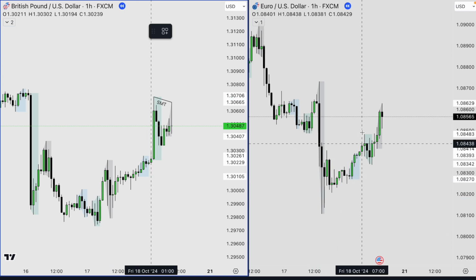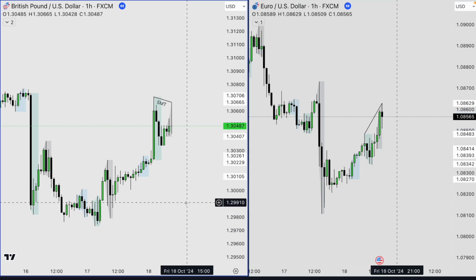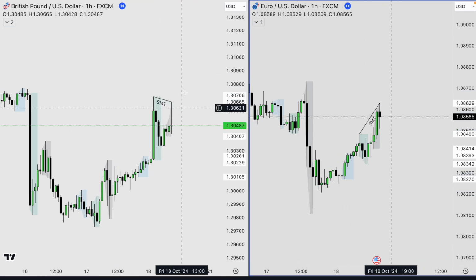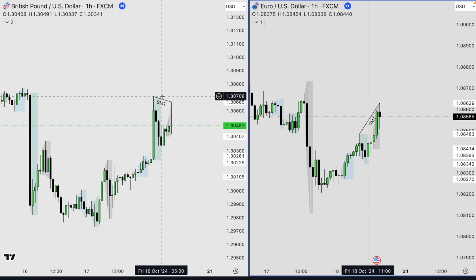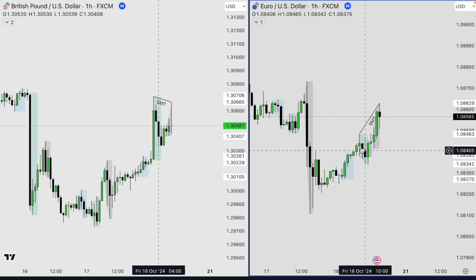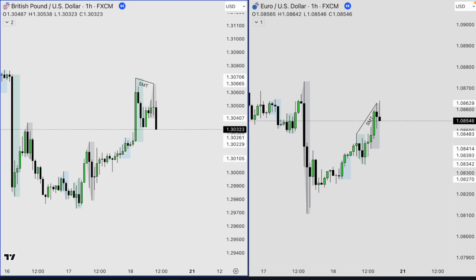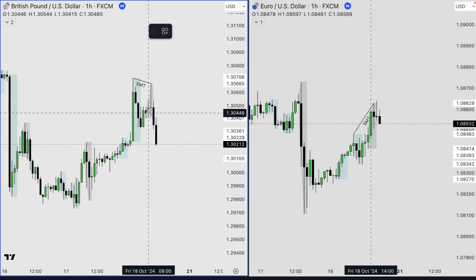And over here, we have a higher high. Now, which one of the two will be the weaker pair? It's going to be GBP USD because we didn't have enough strength to sweep liquidity, where Euro USD had enough strength to sweep liquidity. So you can go ahead and play this forward, and you can wait for a change in the state of